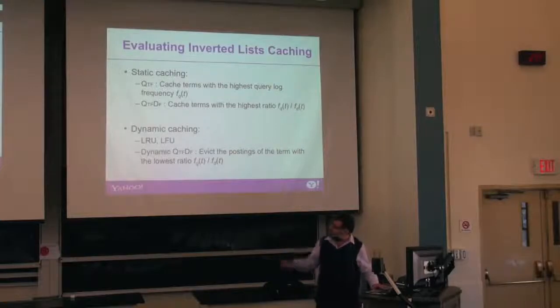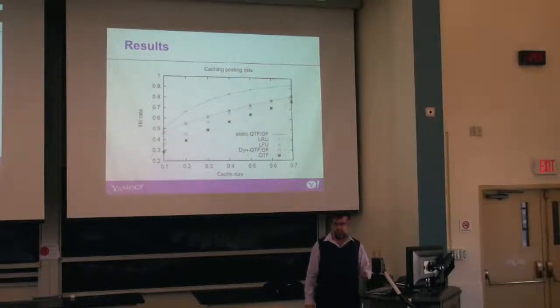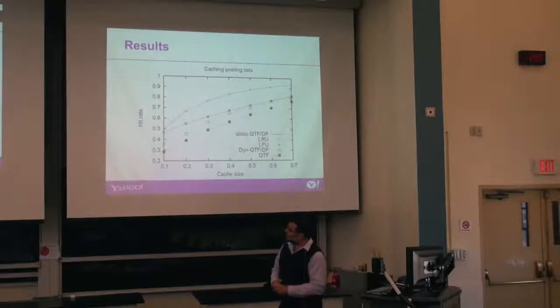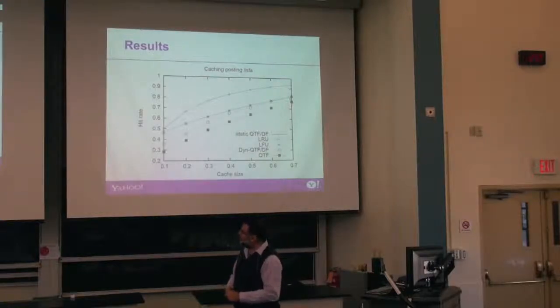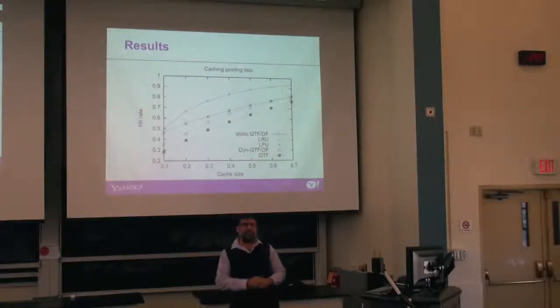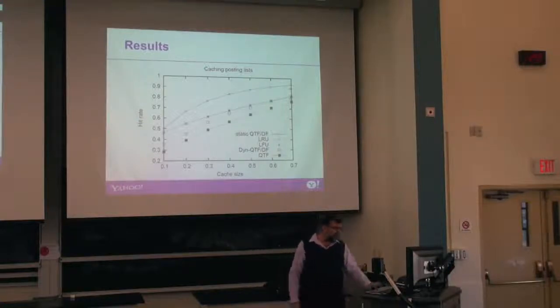And then we tried different algorithms. We tried static caching, we tried dynamic caching, we also tried dynamic caching with this new idea, knapsack, and we got this. And it was a bit of a surprise, because basically the best was this static knapsack, but by far. You see the hit rate? Hit rate was almost 95%, which is the best you can do in an index.